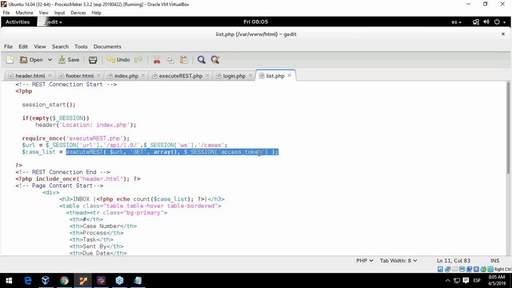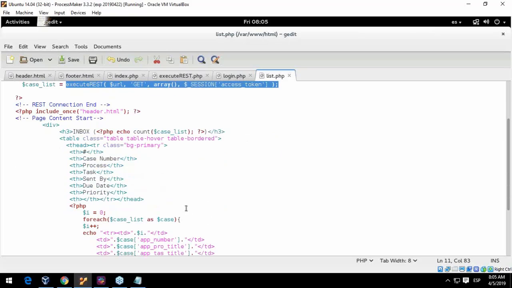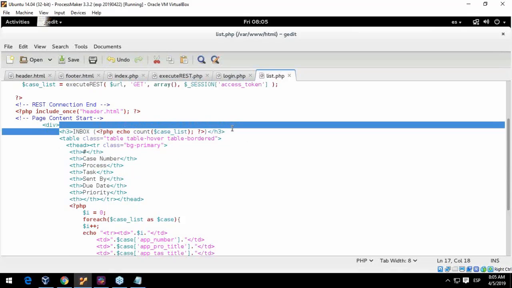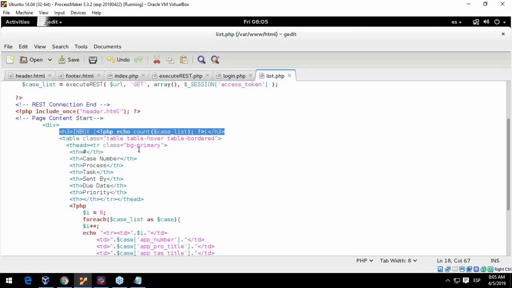And then the session is the access token. Okay, I need to provide this access token to make the request. I'll launch the request, and once I launch it, notice that this is the case list. This one I'm going to use in here. Division. I'm going to use some HTML markup, and here I say echo count case list because I'm going